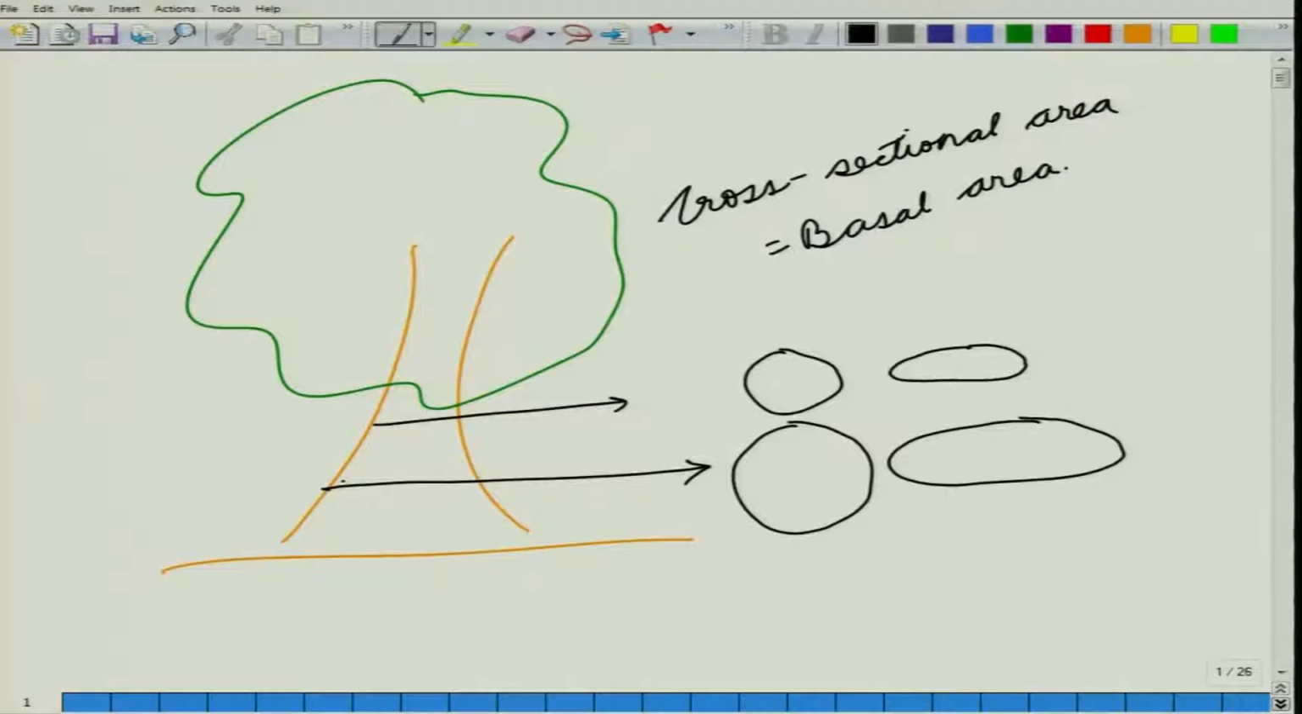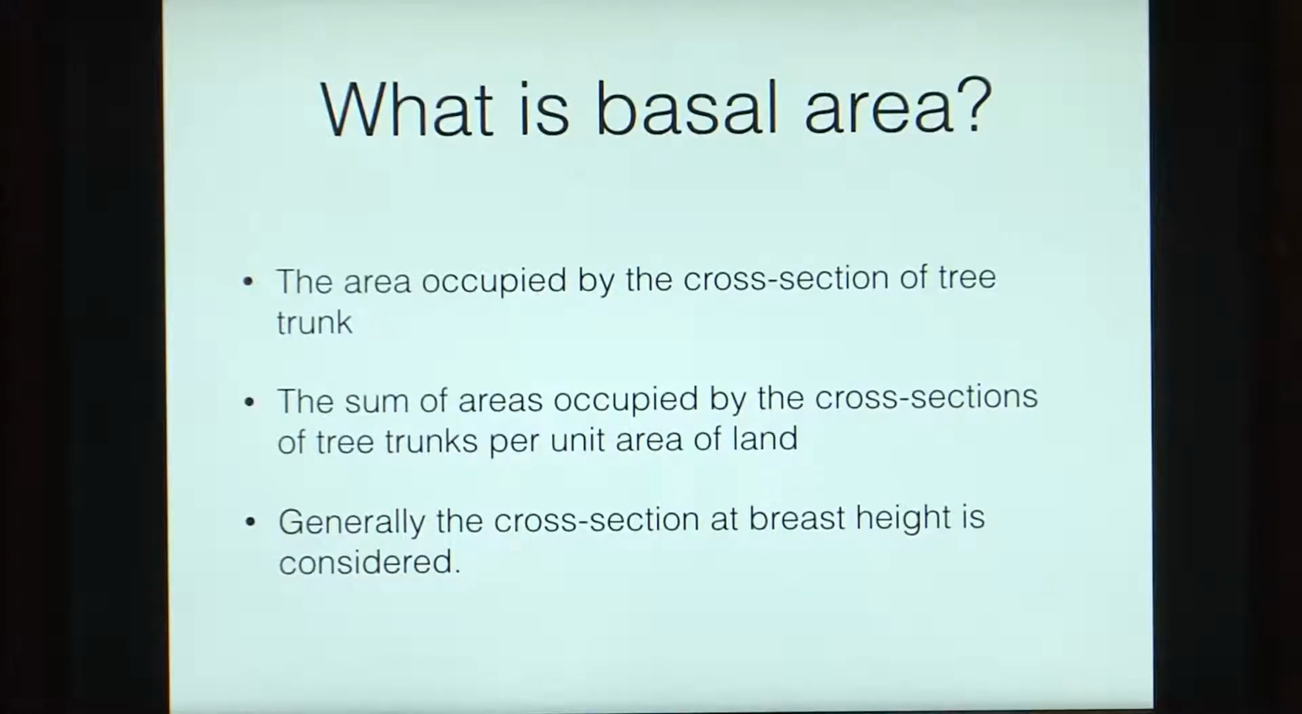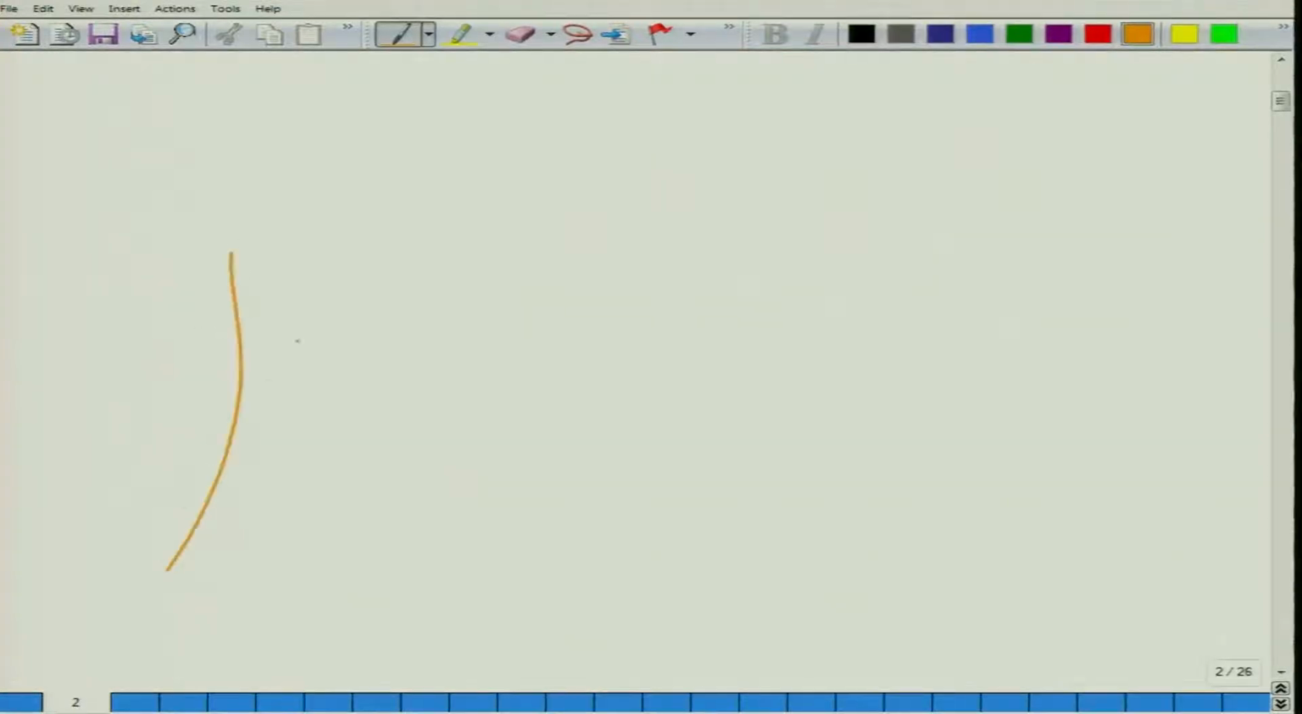Now coming back to the slide, so the area occupied by the cross section of a tree trunk is the basal area. The sum of areas occupied by the cross sections of the tree trunks per unit of land is called the basal area of a stand. So essentially, if we had a number of trees,